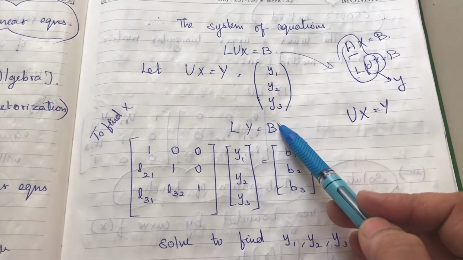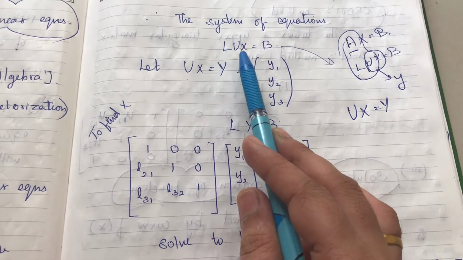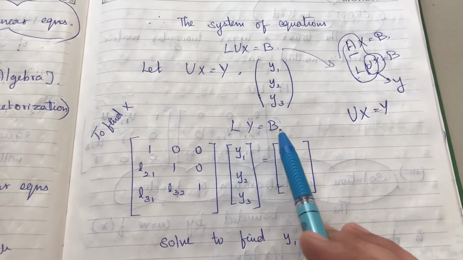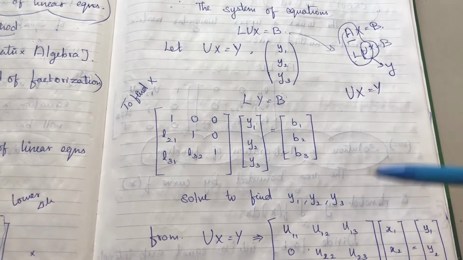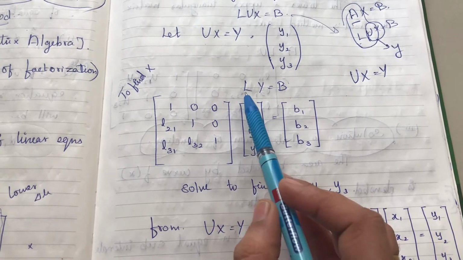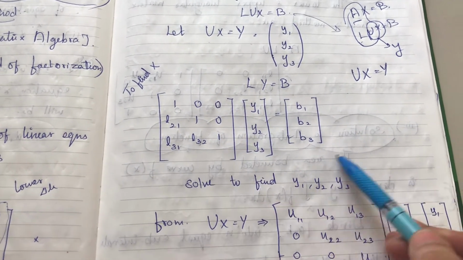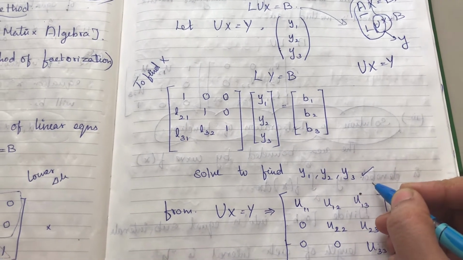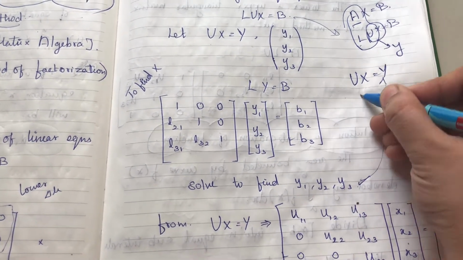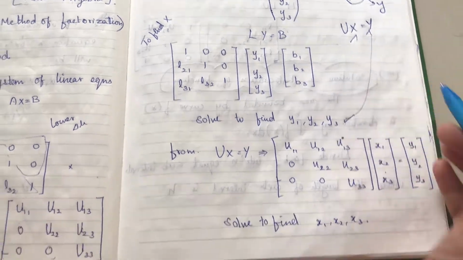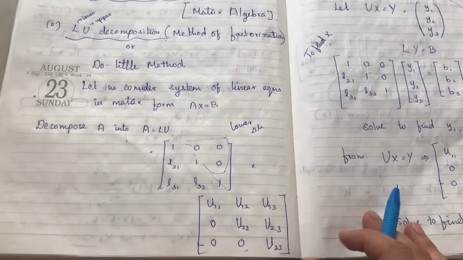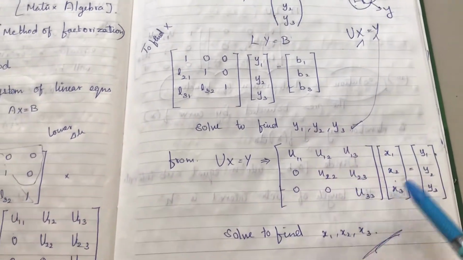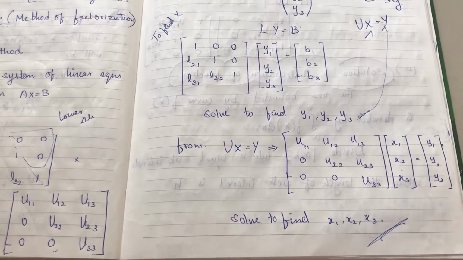Y means Y1, Y2, Y3. This is a matrix, so we put Ux as Y. Then Ly equal to B. So we have replaced two times, and the formation of this matrix will be Ly equal to B. In this term we can easily find y1, y2, y3, then just substitute this y here and you will easily know the x values. So this is what this method is. LU method: L into U, then Ux equal to Y, then we get the answers for Y as well as X.